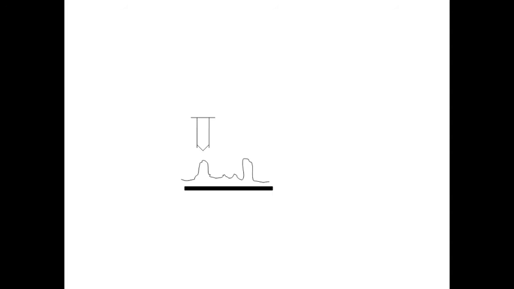Okay, now the third point of constant height mode is it is applicable only when the sample surface is really flat. Means this mode is applicable when the sample surface is really flat. Okay, this constant height mode is generally less preferred due to risk of damaging the tip.